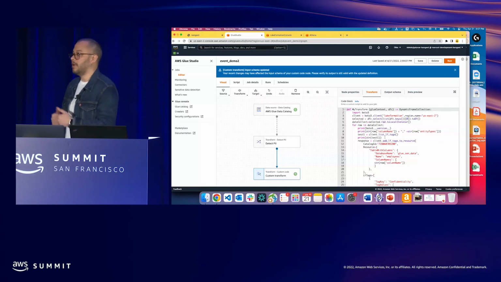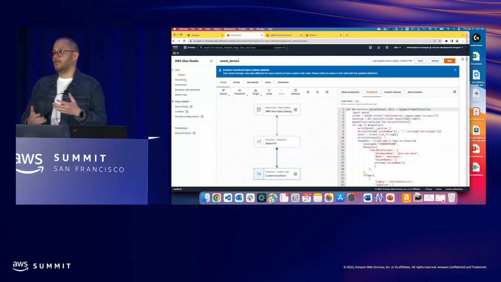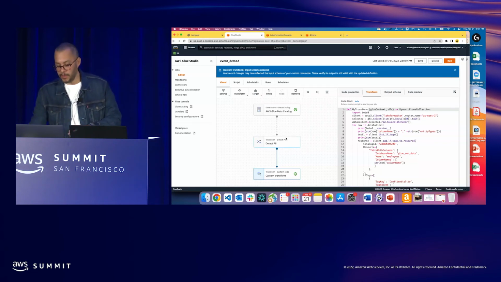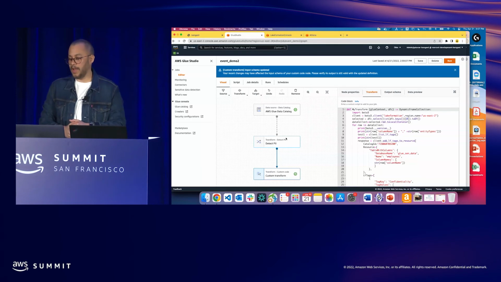In this case, the second service is Lake Formation, okay? So we are getting the data frame that we generate as part of the detect PII transform, and we are going to use that list of columns and entity to apply the Lake Formation tags on top of those columns,